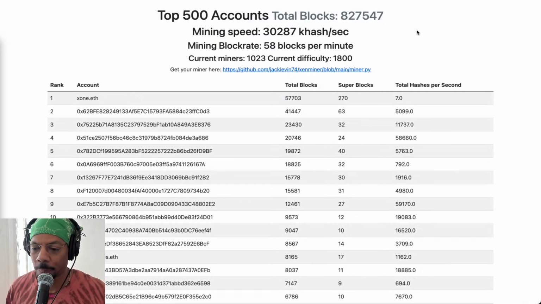Now what we see here that is significant is this mining difficulty. So when you want to enter into the arena of mining here, right now it's 1,023 miners, but our difficulty rate is at 1,800. So this is funny because a lot of people have dropped off and the difficulty is still up. It's getting harder to make actual blocks because so many people are ramping up their